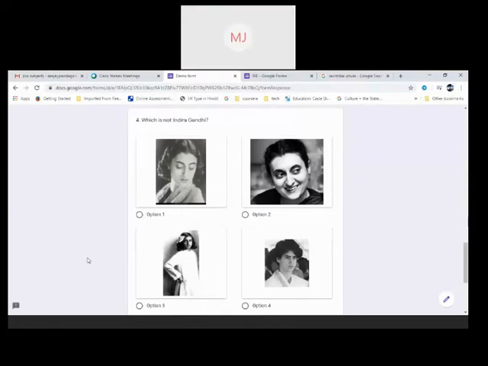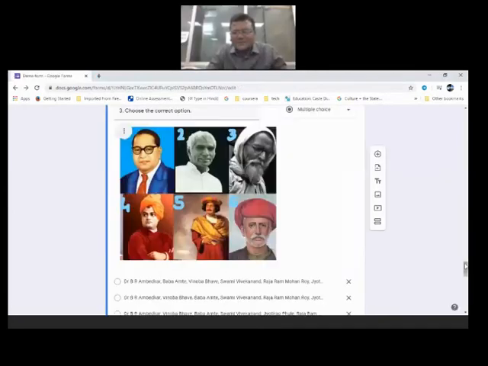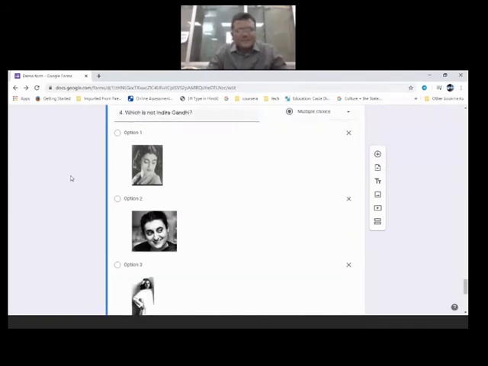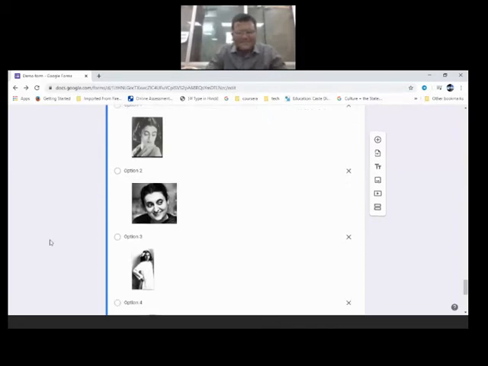So for this question, let me go to that particular question. Which is not Indira Gandhi. Everywhere in front of an option, the insert image option is available.